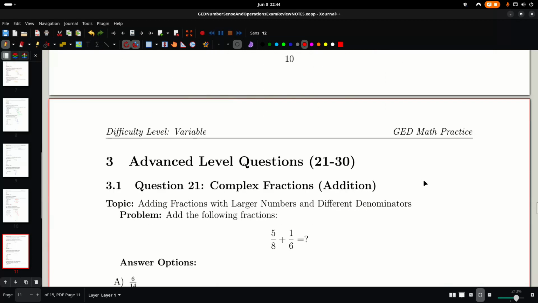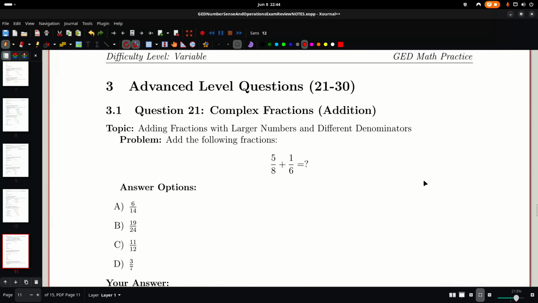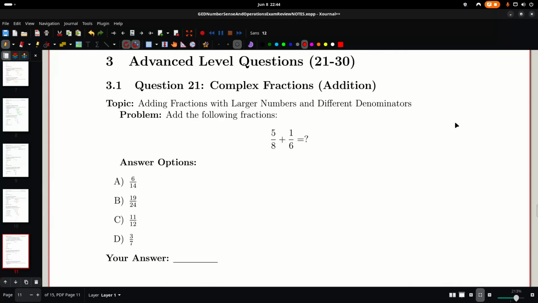And here's question 21. Complex fractions. So some more addition here. So in this case, to find the lowest common denominator, we want to find the lowest number that both 6 and 8 go into, which would be 24. So if I multiply the 8 by 3 to get 24, then I have to multiply the 5 by 3. So we have 5 times 3,